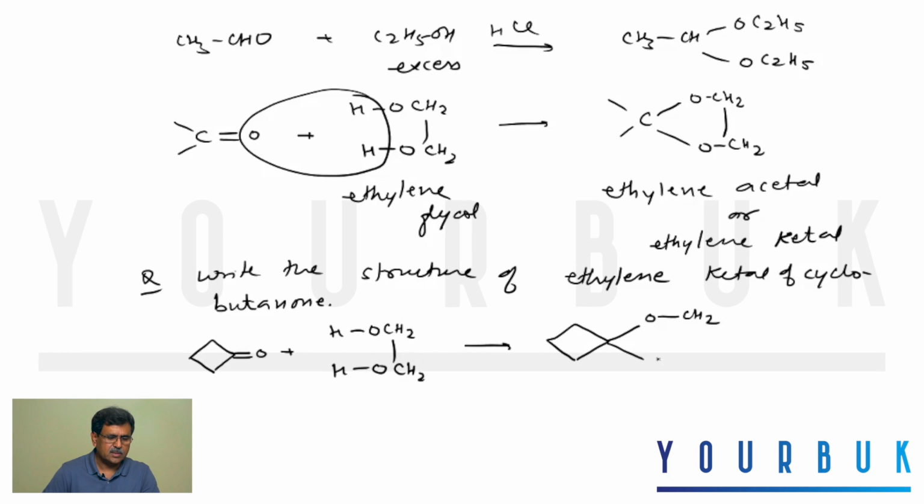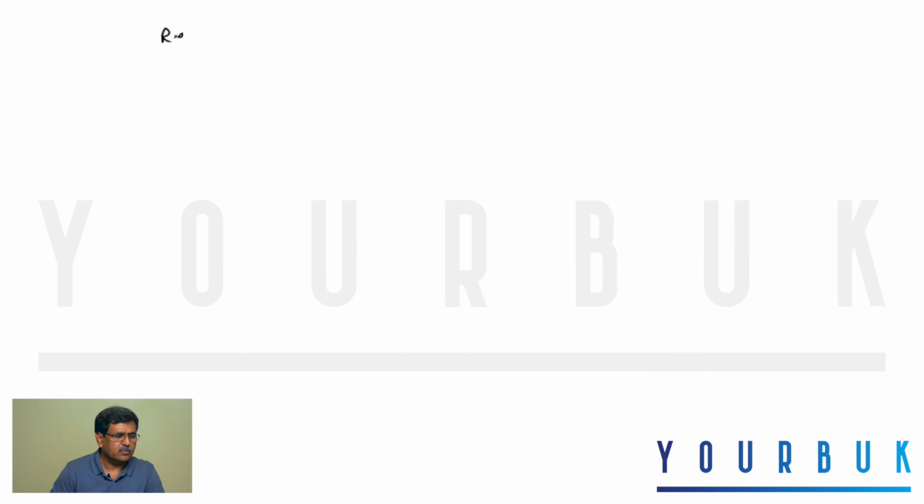And then you write this as the final answer. So this is the structure of the ethylene ketal of the cyclobutanone. Now next is the reaction of aldehydes and ketones